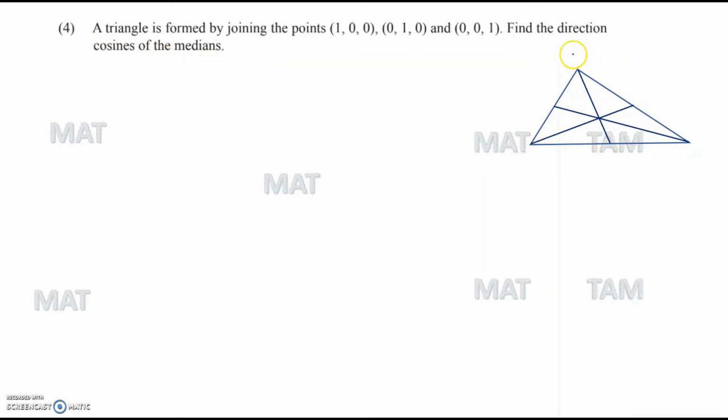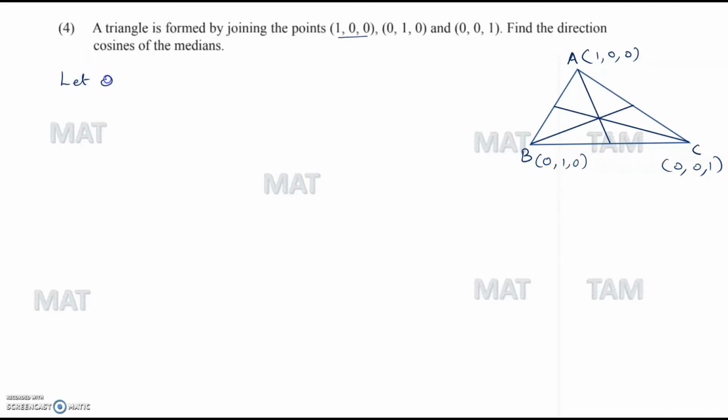Let's call this our triangle A, B and C. So let's call this A as point (1, 0, 0), which is this point here, and this as our point B (0, 1, 0), and this as the point C (0, 0, 1). Okay, so let's define,